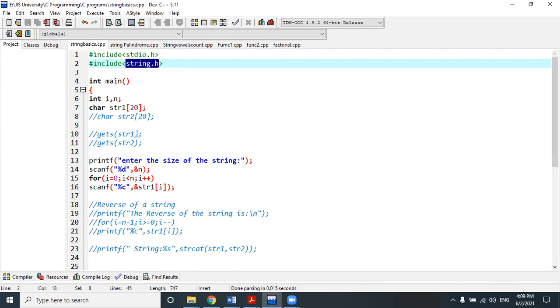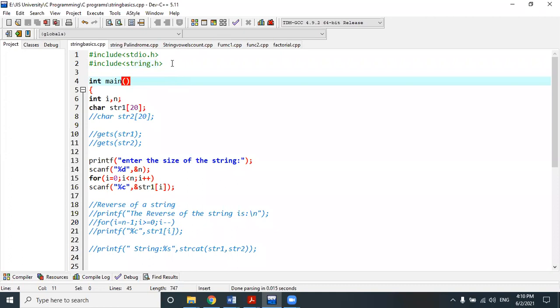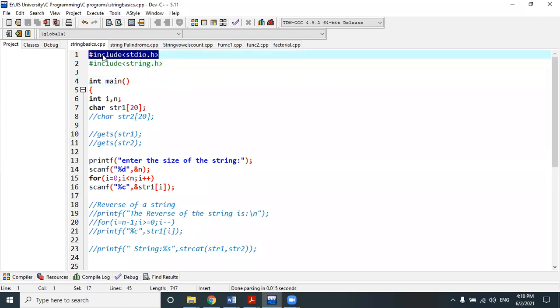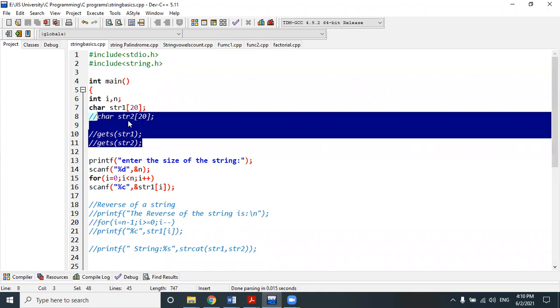Till now, for whatever operations I have shown you on a string or a character array, you don't need this header file, because we didn't use any system defined function to perform those operations. Only stdio.h is enough. Remember, gets, puts, getchar, putchar, printf, scanf, all kinds of input output functions are part of this header file.